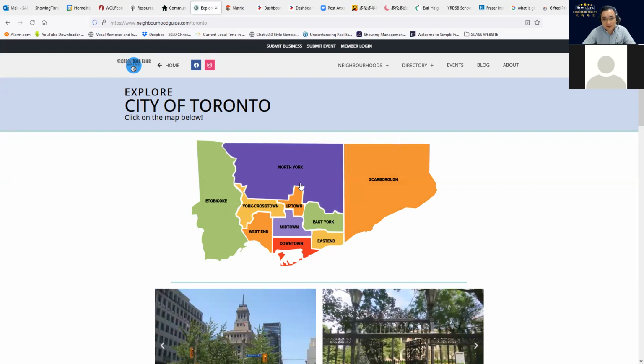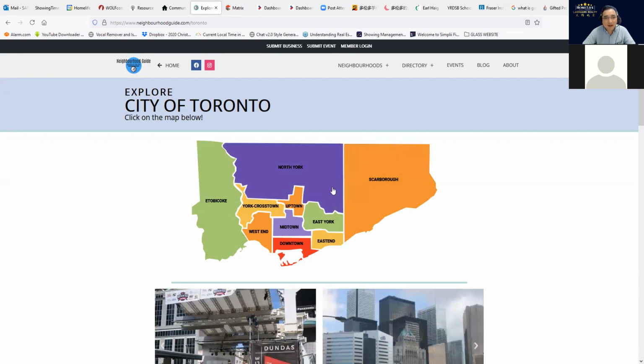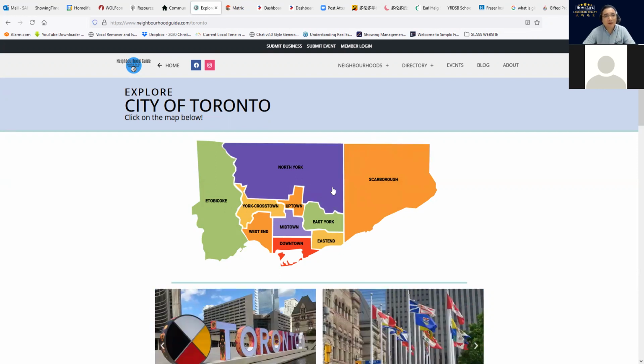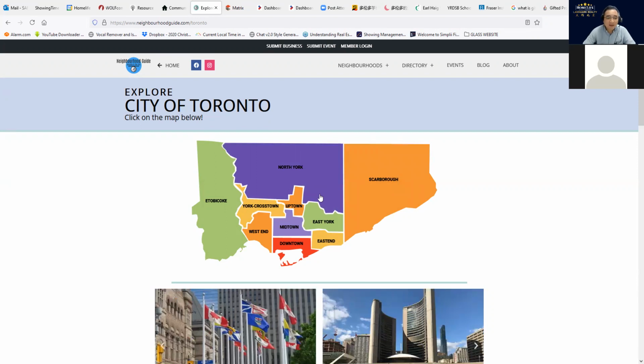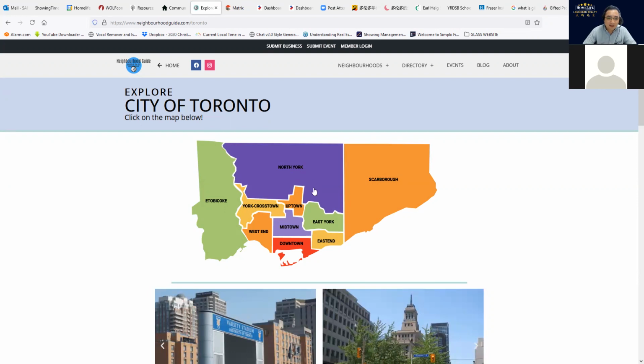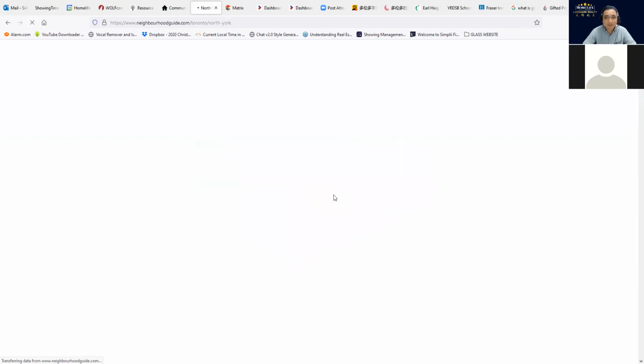This is like a city. Before it was a city, but after 1998 they came into Metro Toronto. So for example, I'm looking for a property in North York. I click North York.